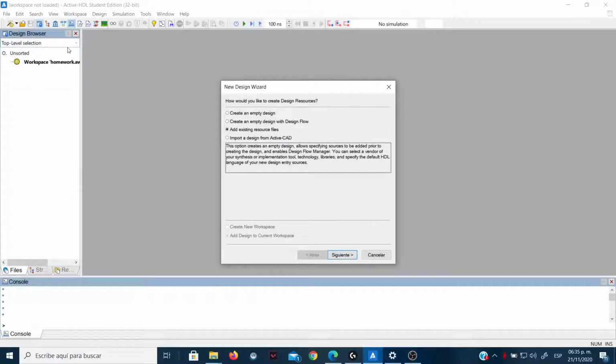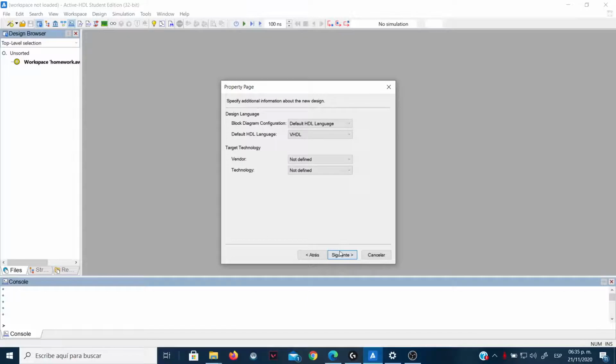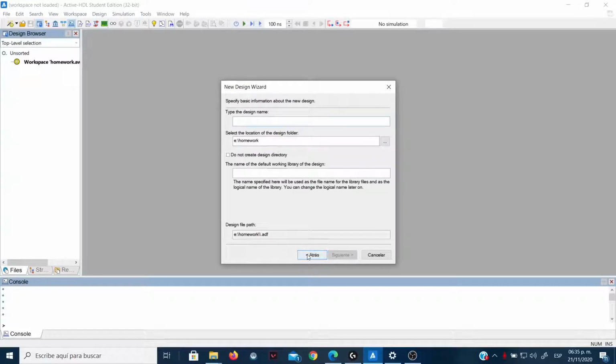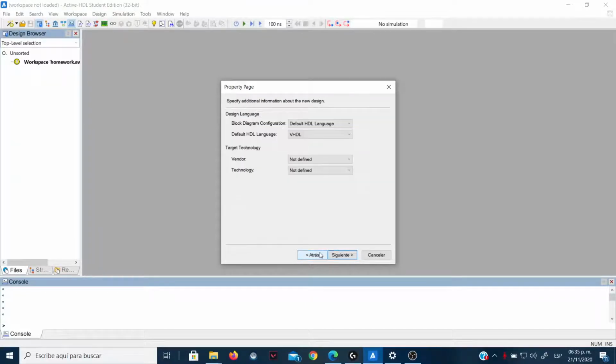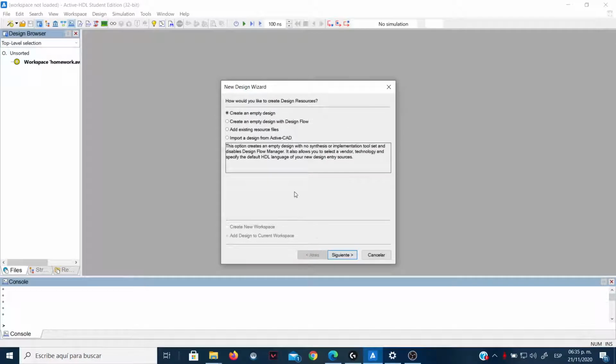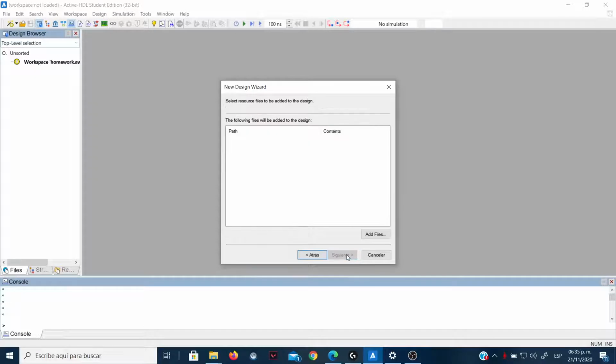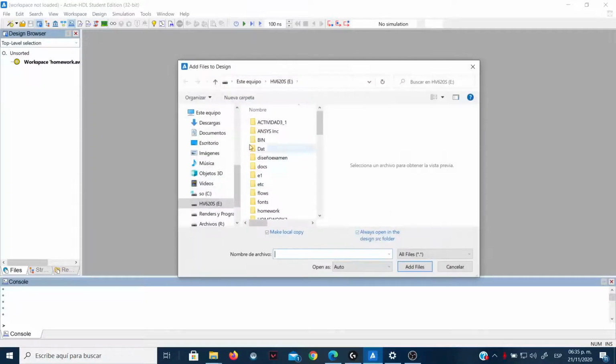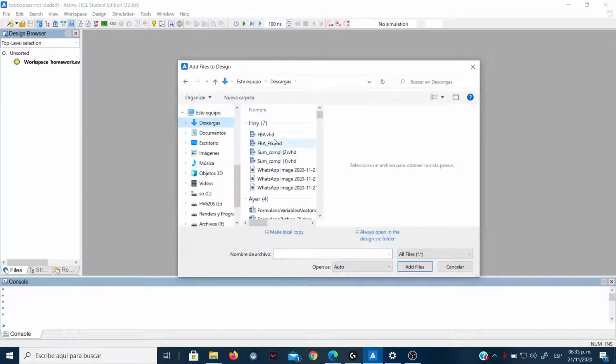In my case, I already got the files from a teacher. He sent us the code. So I could technically recreate it, naming the design and putting in every single input and output, but since I already got it, I'm gonna click on add existing resource files. Click on next, add files, and in my case, these are the 3 codes he sent us,